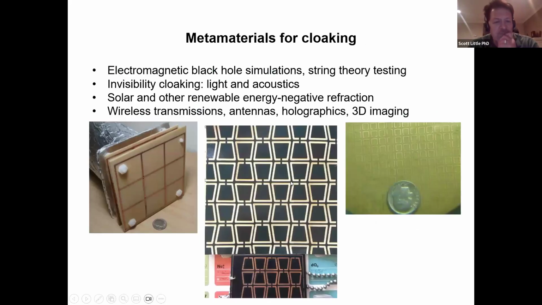And here are some things I've made before. I had a startup out in Arizona, and we made metamaterials. That is one of the things we did. We did cloaking and electromagnetic black hole simulations to test out some of the ideas from string theory, to see if we could test these electromagnetic black holes and form singularities, and cloaking, using them for solar. The one on the left here is an antenna and a test for a solar cell and wireless transmission. The one in the middle is that split ring resonator I was using for the EMP cloak. And the one on the right is an actual cell that we were building at the time and testing for creating holographics and also for solar cells.